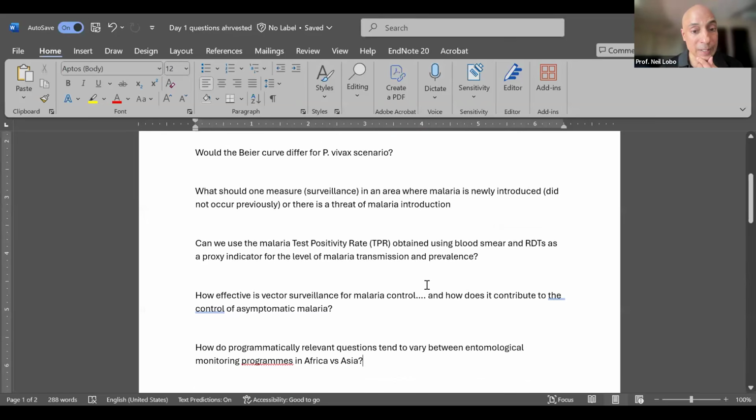So if my question is, I don't have malaria at my site, and all of a sudden, malaria has showed up in my site, and if my question is, what are the vectors? I would select specific indicators. If my question is, what intervention should I put in? Is IRS better or bed nets better? Then I would pick specific indicators that would answer that question. So I would formulate my question based on what's happening and answer that specific question. So over here for this sort of question, this sort of very general question, which is important.